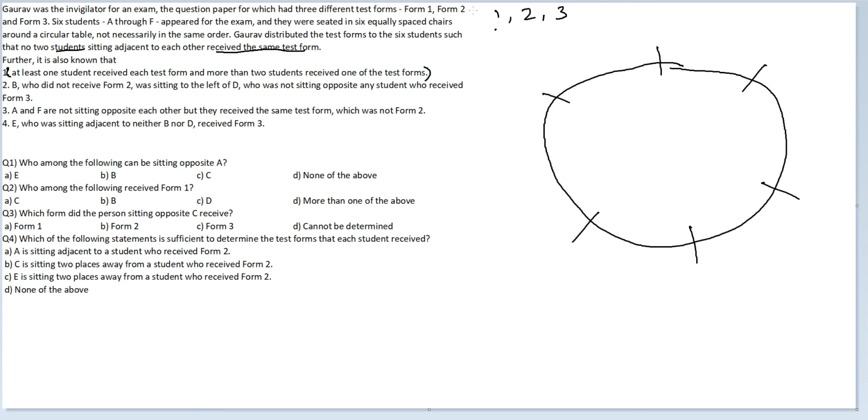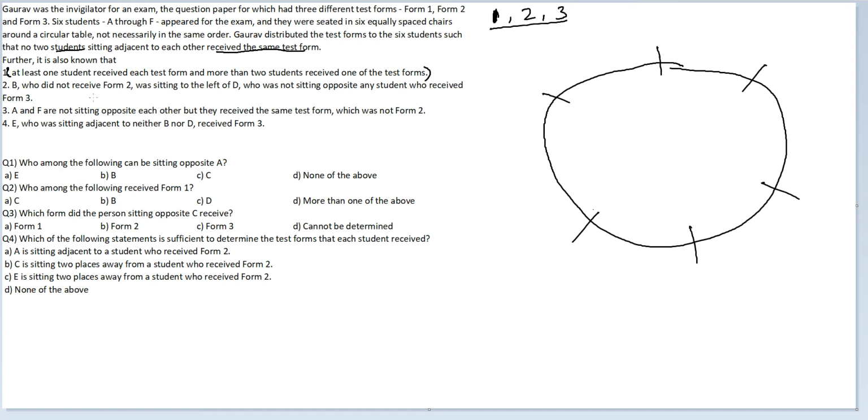You cannot have 1 1 4 because then there will be at least one pair of neighbors that have the same test form. So the best case scenario or the only possible case that you can have is 1 2 3. One test form has come once, one test form has come twice, one test form has come thrice. There can only be three alternate seats. See, if you go this, this and this, these three can have identical test forms. If you had four, there will necessarily be at least one pair of neighbors who will end up having the same test form sitting right next to each other. So this is the only possible case that we have to deal with.